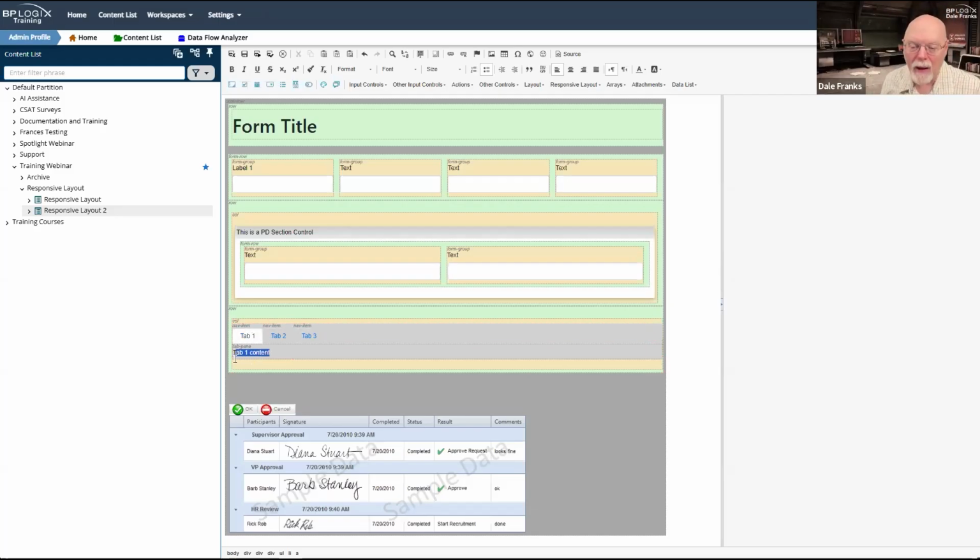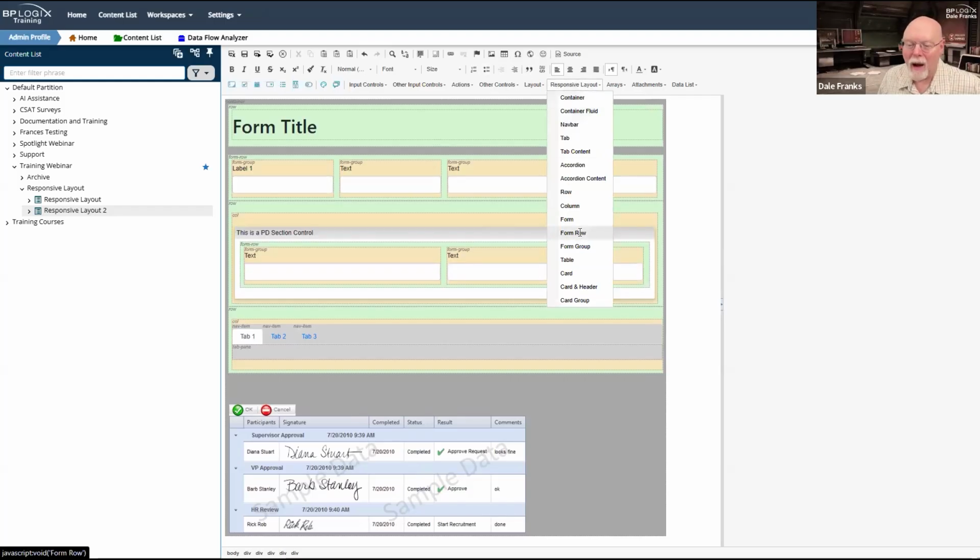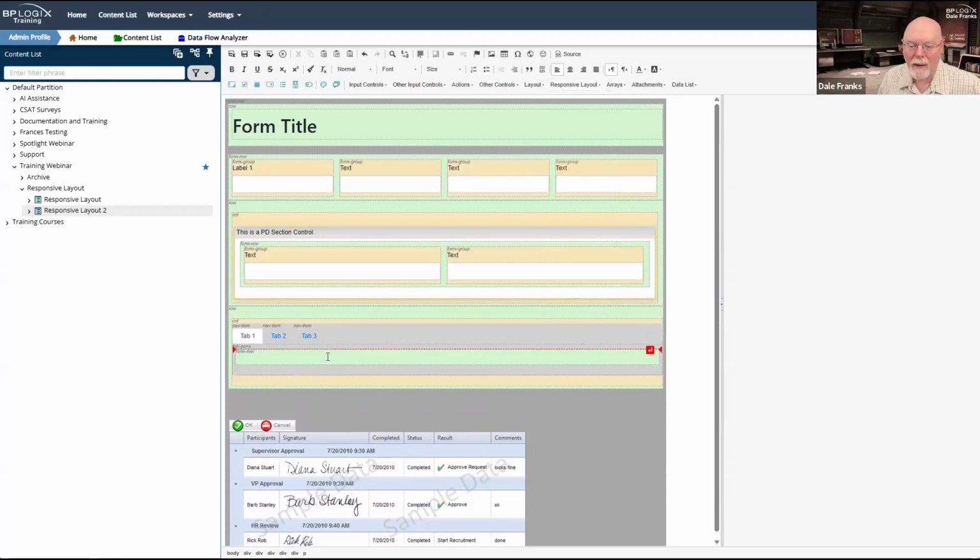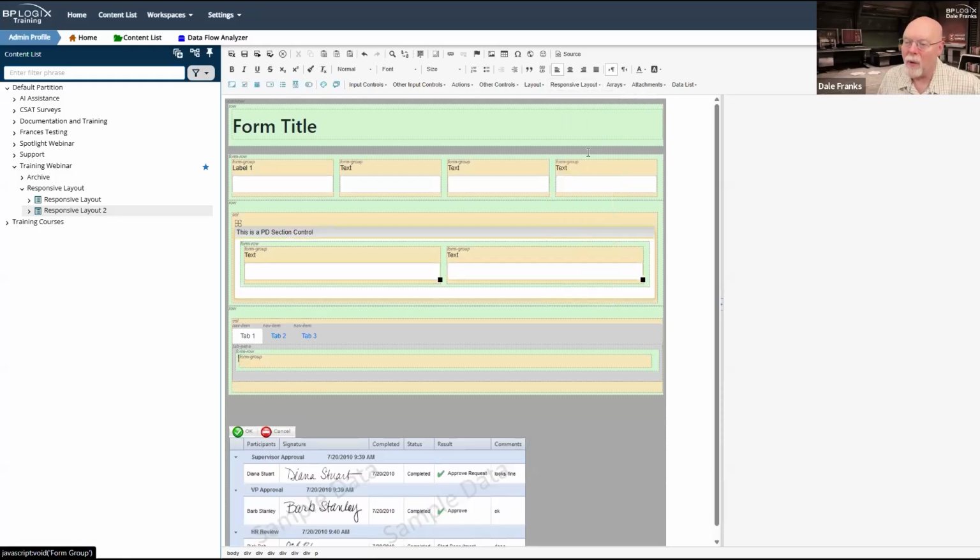So I'll go into, oops, all right, don't want to do that. Let's go into the tab pane. Let's get rid of all of that content. And then I'm going to drop in a form row on that tab. And of course, inside that form row, I am going to drop a form group.